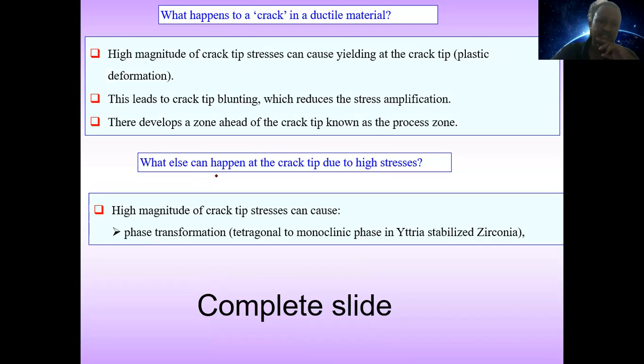What else can happen at the crack tip due to high stress? High magnitudes of crack tip stress can cause a phase transformation, that is, tetragonal to